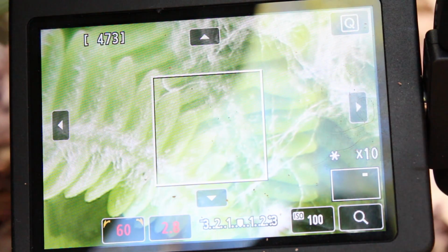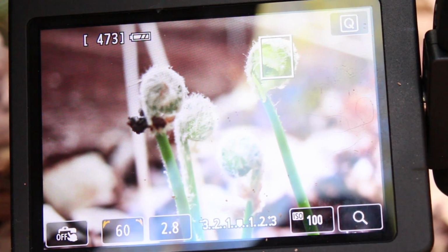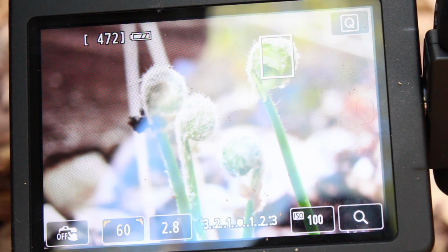Right about there looks good. And then I can zoom back out and make sure my composition is good. I'm happy, and I can take the picture. Now, the 40 is, even though I have back button focusing on, it is still working at getting focus there